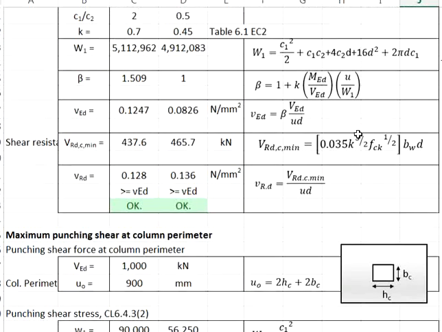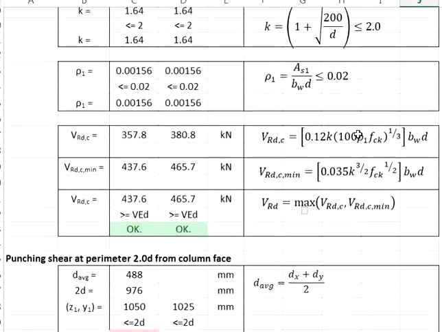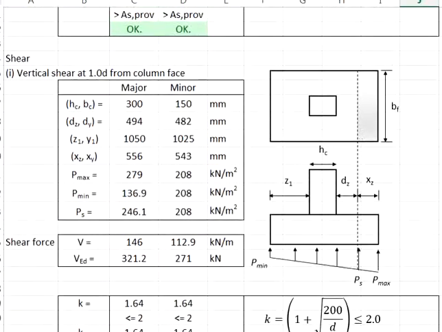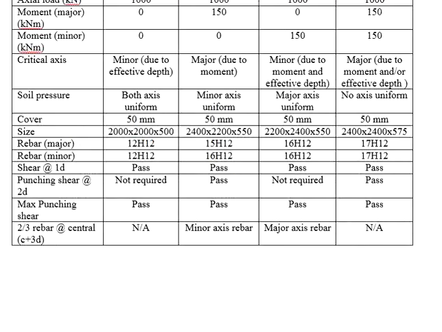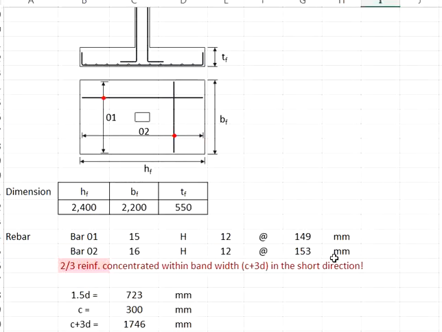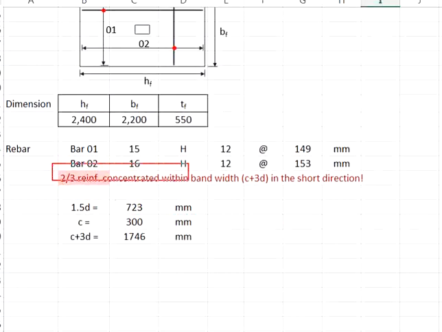As for the shear, it is sufficient for you to check the critical axis. If the critical axis check passes, the chances of the non-critical axis passing would be relatively high. Now, if you are proposing the rectangular pad footing, you need to pay attention to one more issue,